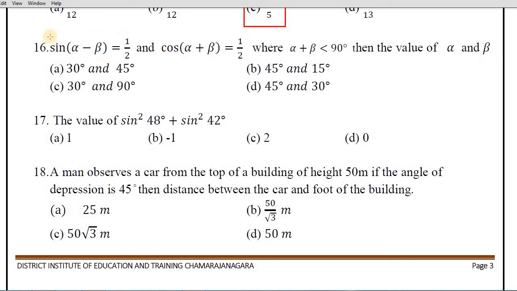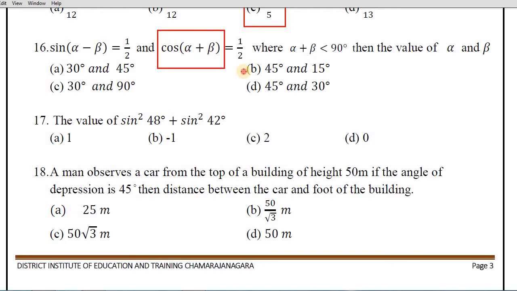First take this equation. Sin (alpha minus beta) equals 1 by 2. In the left hand side sin is there, so the right hand side part, this 1 by 2, you also express in terms of sin. Which angle has sin 1 by 2? That is sin 30 degree. Now the sines on both sides get cancelled. So we get alpha minus beta is equal to 30 degree. That you call equation number 1.